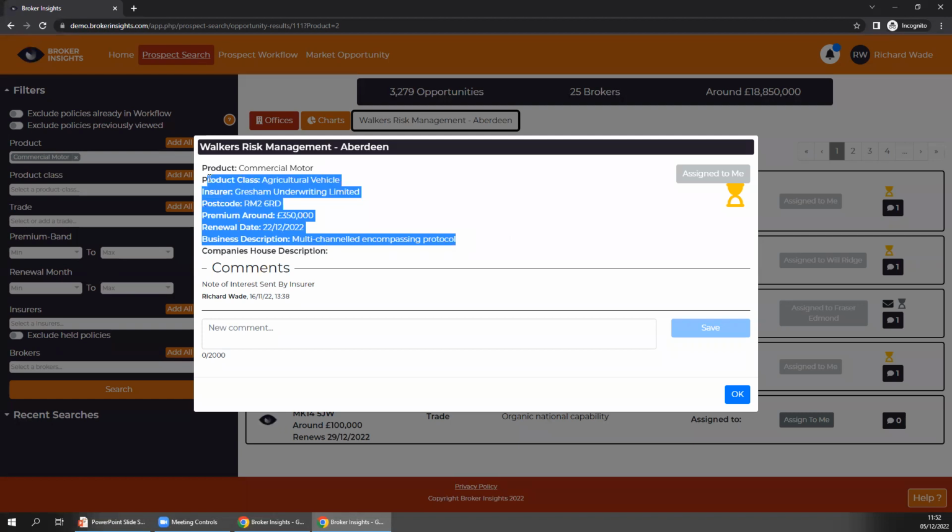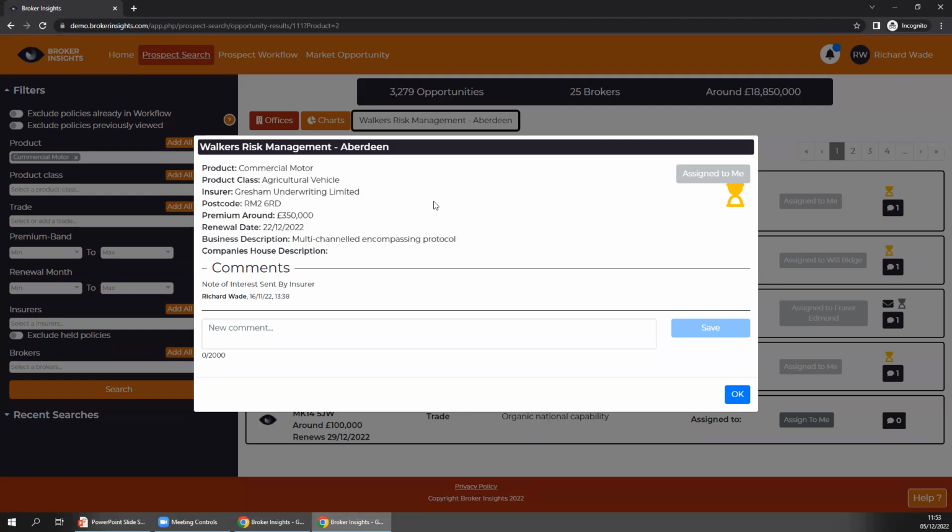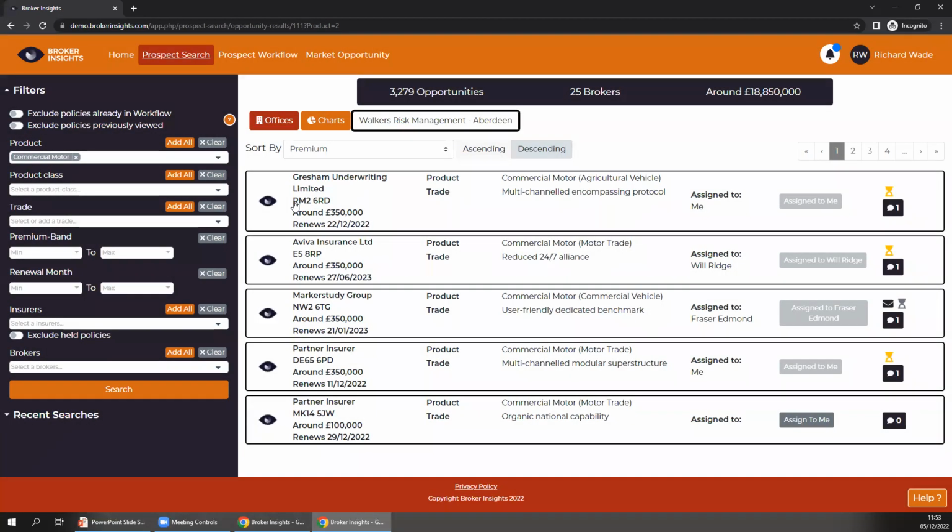This is as much information as we're allowed to show our insurers that brokers we've come onto the platform are happy with us sharing. So it's not enough to identify the client or steal the risk, for example, but it is enough to identify whether it's a viable opportunity to start talking about and go from there. And all they'll do is a bit like online shopping. They can go through here, they can identify cases that they want to buy, and using this assign to me option kind of goes into their shopping basket.